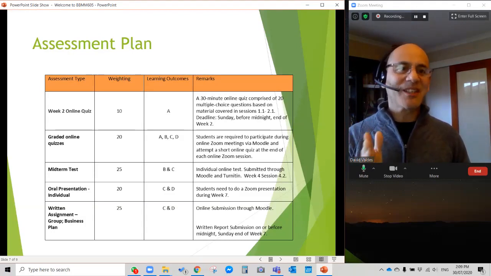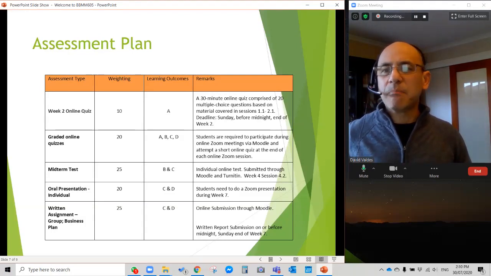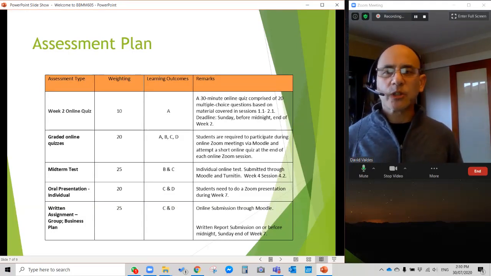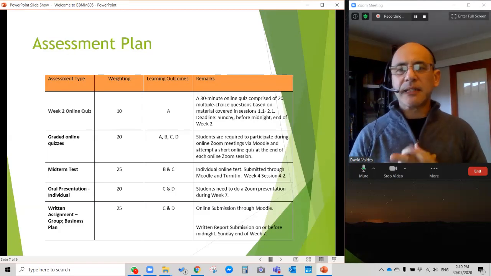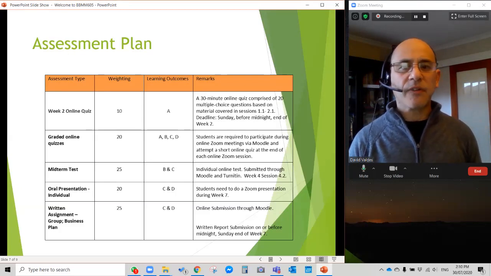However, if you keep missing, the more that you miss, the more difficult it becomes for you to catch up. Midterm test is 25%. The oral presentation is 20%. And finally, the biggest assessment is your group written assessment, the business plan, which is 25%.